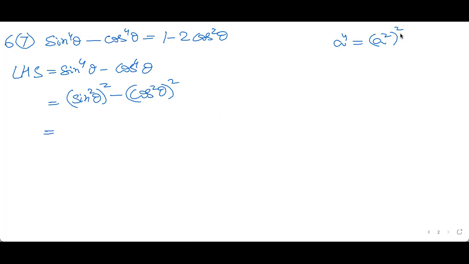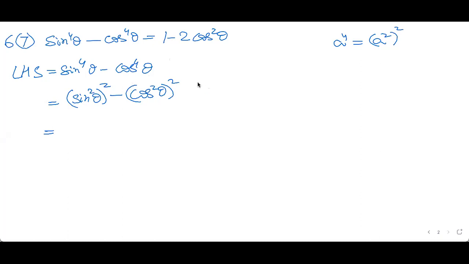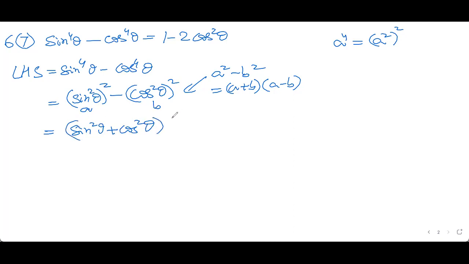We have a familiar identity now. What we see now is a square minus b square. It is in the form a square minus b square, and we know a square minus b square can be written as a plus b multiplied by a minus b. So let us write this. So this is a, this is b. So a plus b multiplied by a minus b. This should not be a problem.